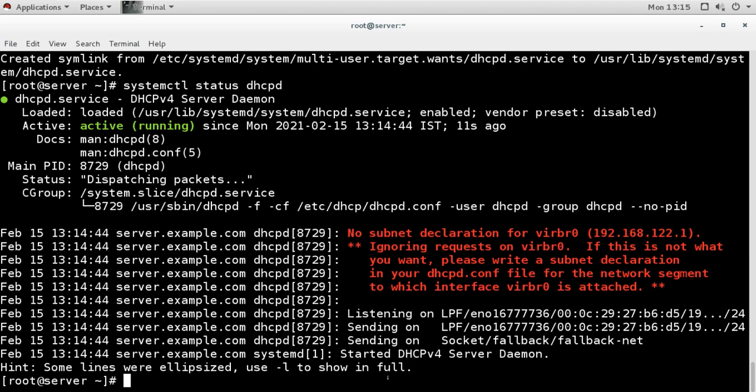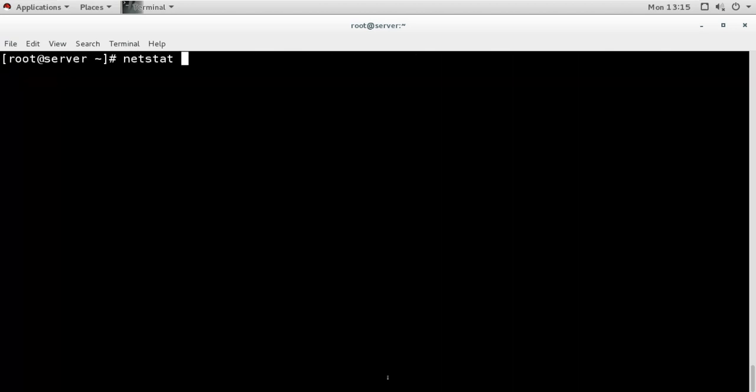Now our DHCP server is working, we can check whether it is listening or not. Now remember, it works on UDP, it does not work on TCP, so that clients can get the IP address very quickly. So it uses UDP ports 67 and 68, and 67 is for the server side and 68 for the client side. So when you check the open ports on the server side, you will see 67 is open for DHCP, because it is listening on 67, so that the client will send the request on 67 and the client will receive the offers on 68. So clients will listen on port number 68.